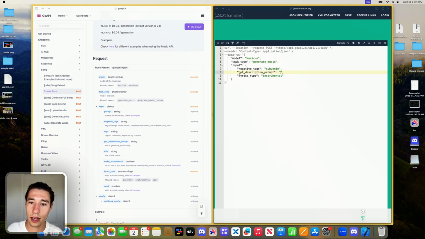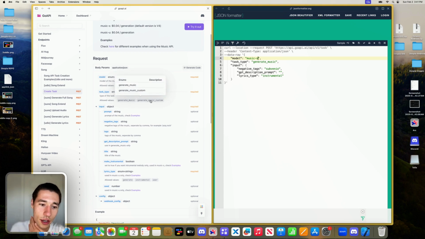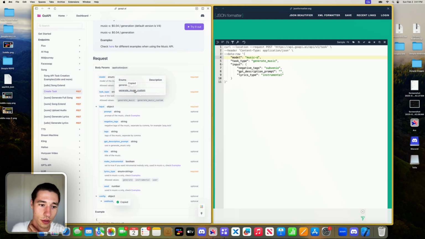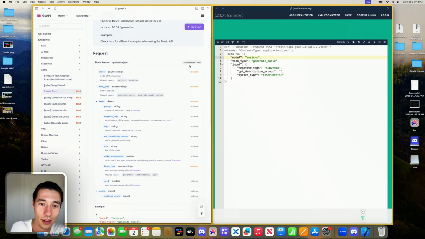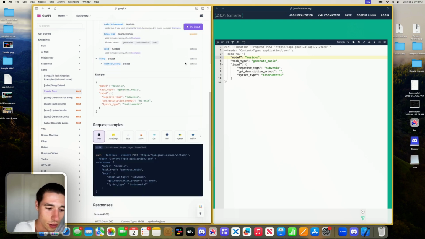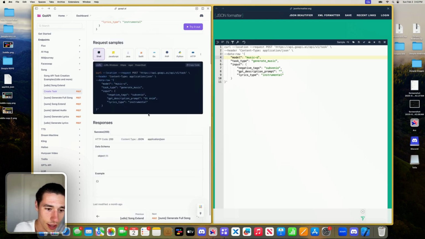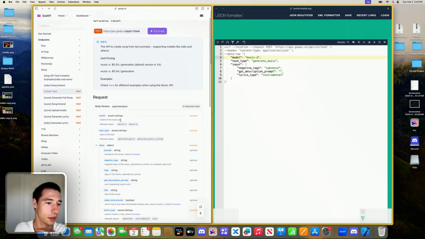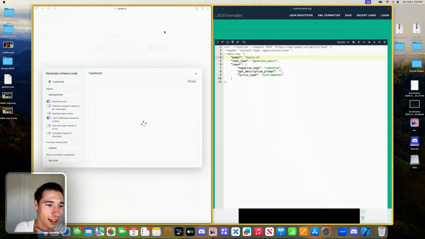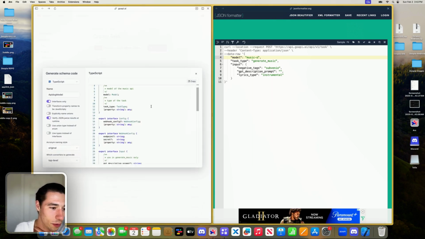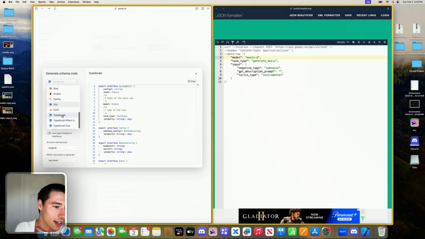So in here we see we got model. We want to use Suno. Then I have task type, generate music. They don't really, what's the description? I can't. Generate music custom. That's a good question. Let's see, can we generate code? What's doing that? They have terrible documentation. Oh, what's that? Now it opens some AI thing? What? Let's go here, shell,